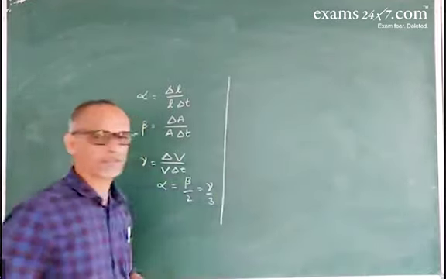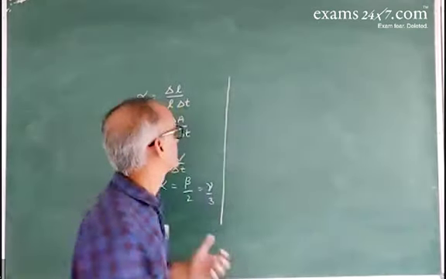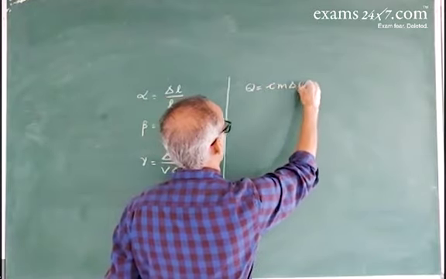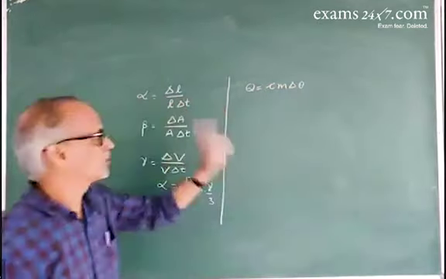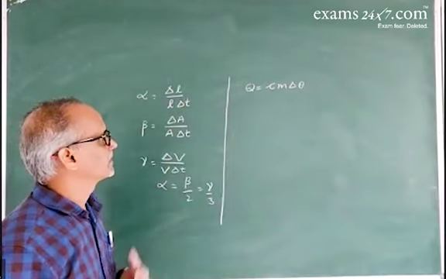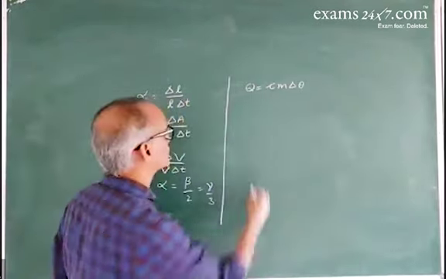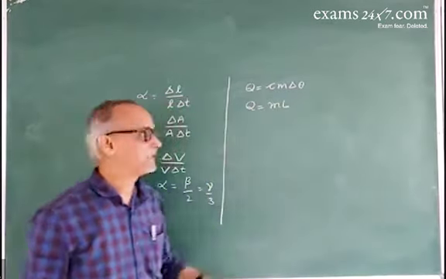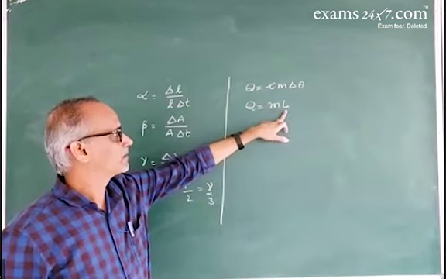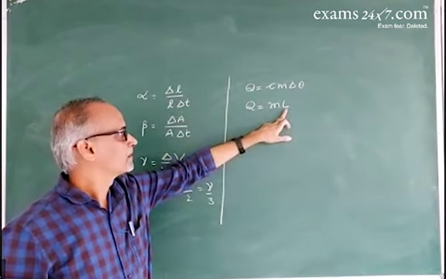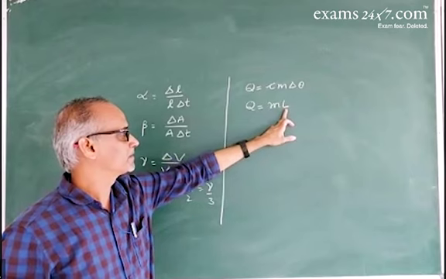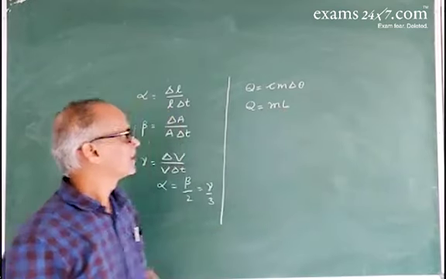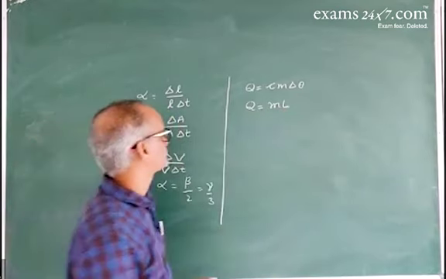The amount of heat absorbed by a body is given by Q is equal to c m delta theta. So this is applicable only when there is a change in the temperature. But during the change of state, there is no change in temperature, in which case the amount of heat is given by Q is equal to mL. L is the latent heat of the liquid or latent heat of the solid. Now, during the fusion, we use the latent heat of fusion, and during the vaporization, we use L as the latent heat of vaporization.